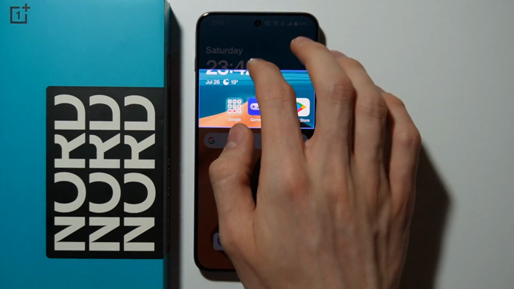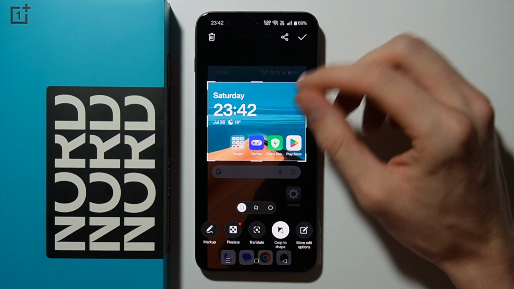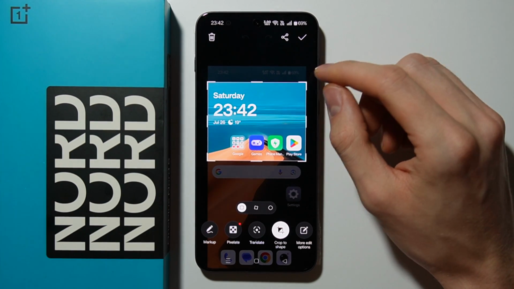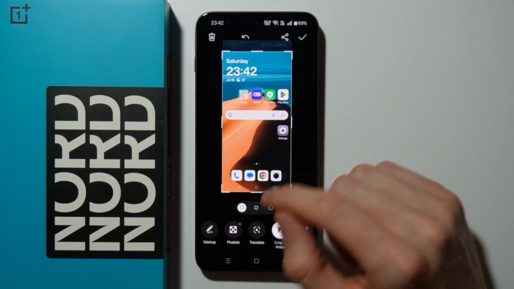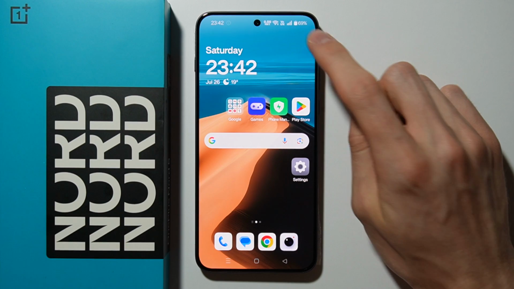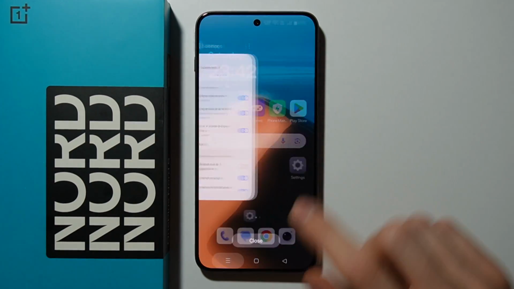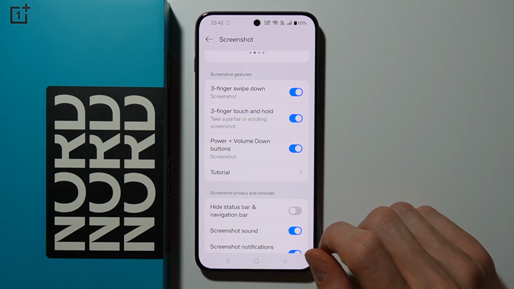As you can see, you just simply select which place you want, and when it's done, you can also adjust the size of this screenshot from here, and when it's done click this check mark in the top right corner. The third way to take a screenshot is by using the power plus volume down button, and just simply